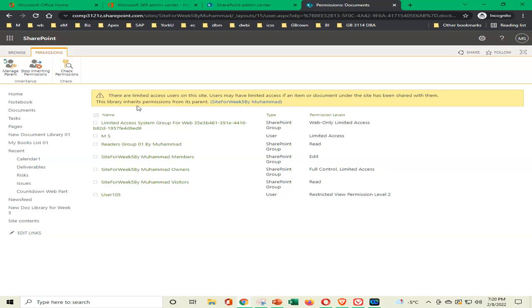And this library inherits permissions from its parent site, for week 5 by Muhammad. This is the name of the website that we have created. Sorry, not the website, but the SharePoint site. The website is like for everybody, but our SharePoint sites are only for our own organization users. Okay, so